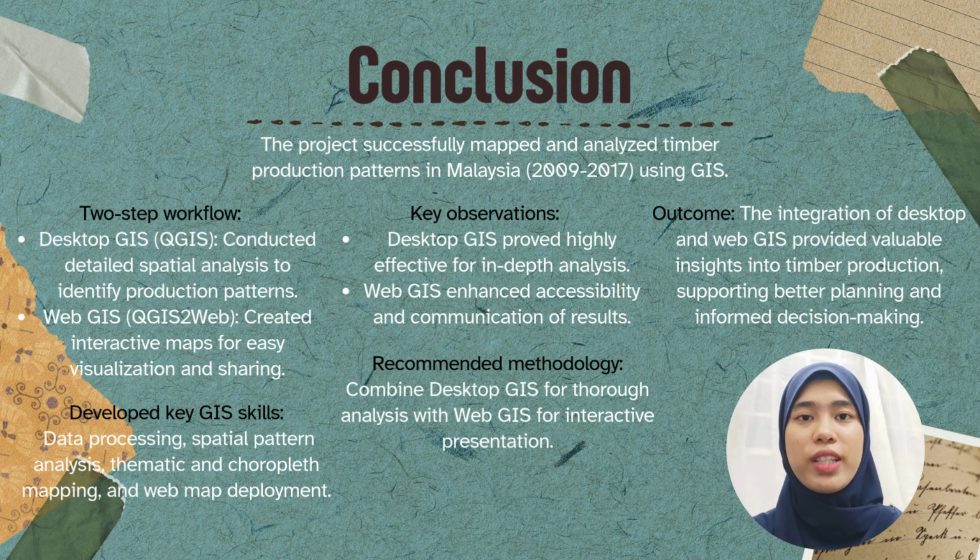In conclusion, the project successfully mapped and analyzed timber production patterns in Malaysia from 2009 to 2017 using GIS, employing a two-step workflow where desktop GIS, QGIS, facilitated detailed spatial analysis to identify production patterns, and web GIS, QGIS2web, enabled the creation of interactive maps for easy visualization and sharing, through which the team developed key GIS skills, including data management, spatial pattern analysis, thematic and choropleth